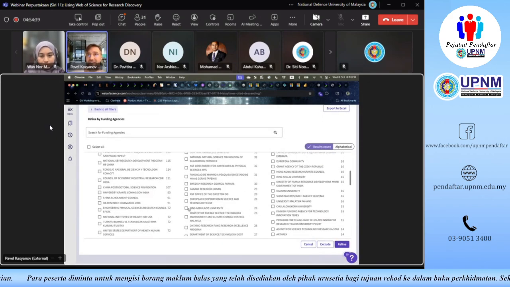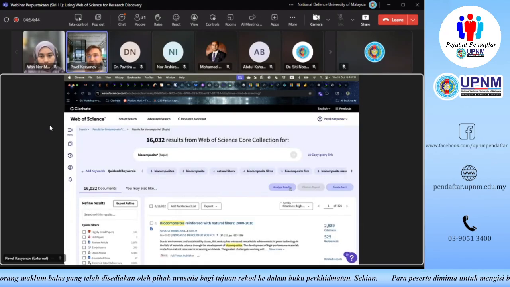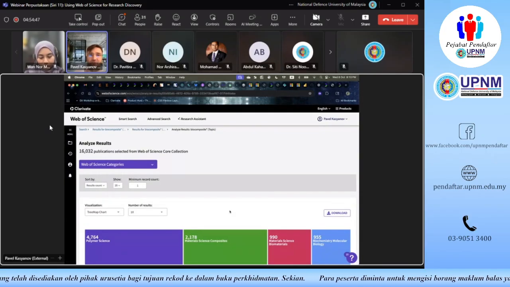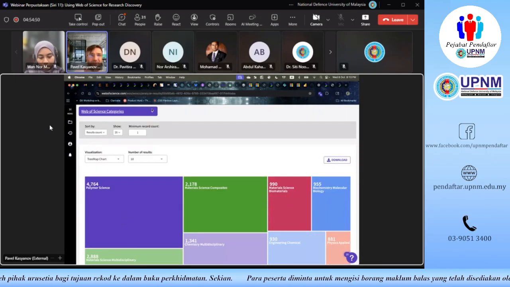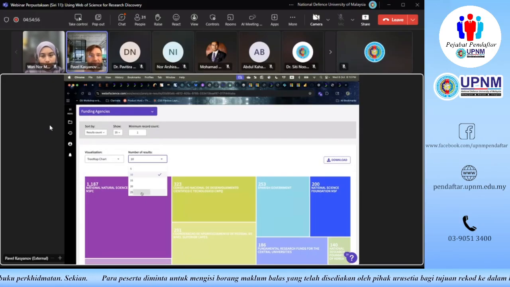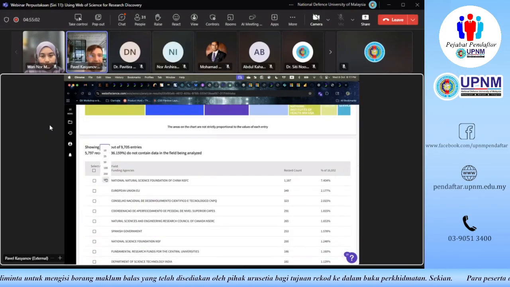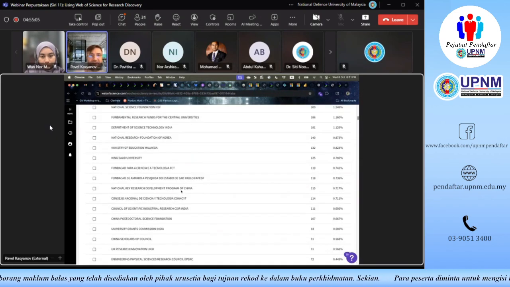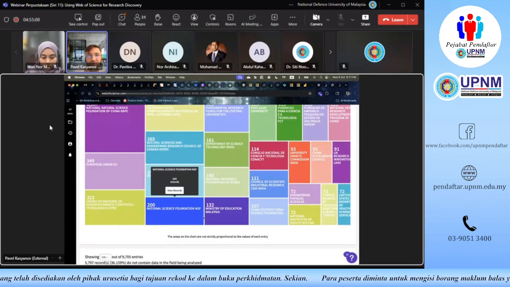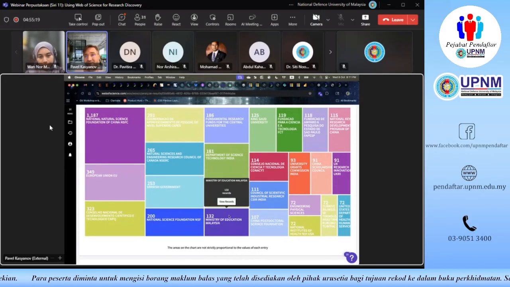And if even that is not enough for us, I would remind you that we do have this analyze results button right here, which we can use, and that way we can go into the proper analyze results, and we can even select the funding agencies here, and we can try to visualize them, like the top 25 funding agencies here, or the top 500 funding agencies in the table right beneath the visualization. So once again, the way we can read this data is 132 of these research papers were funded by the Ministry of Education of Malaysia. So that's quite a lot.